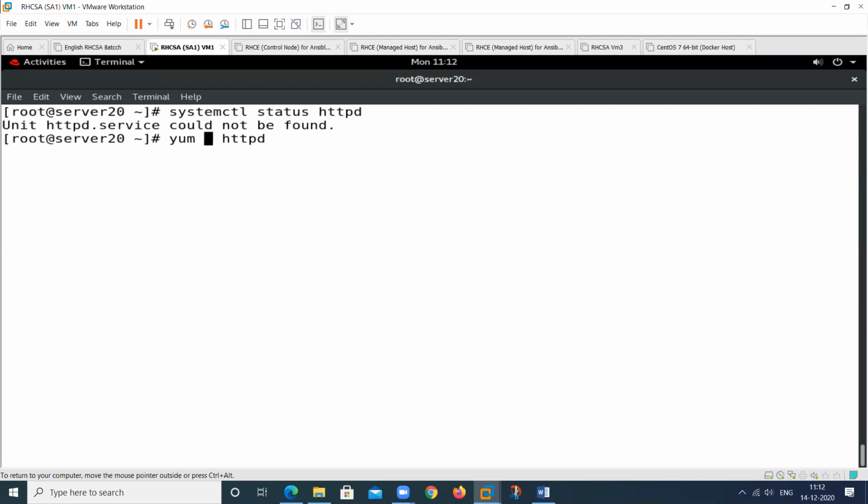So first you should have that particular unit in your machine, then you can start. So what is the first requirement? That the particular service is installed in your system. It can be Apache, it can be DNS, it can be SSH, anything. You should have installed that particular program first, so that you can control that particular service.